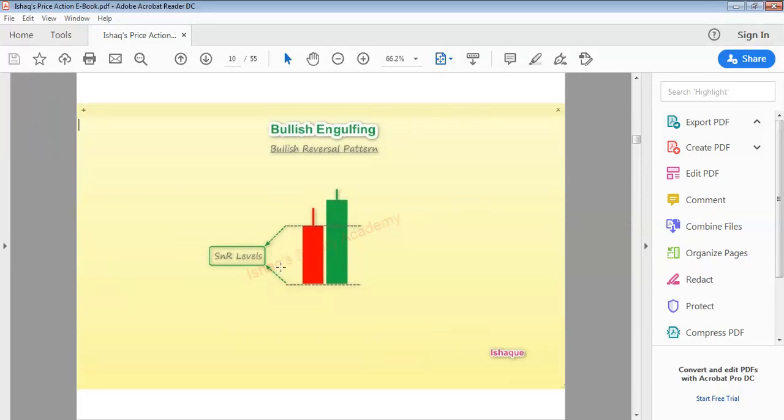In the two bar patterns, this is a bullish thing, there is a bearish thing, and sometimes you find a piercing line, sometimes a dark cloud cover, and in three bar patterns, sometimes morning star, evening star. All the three bar and two bar patterns are reversal patterns. After that reversal pattern, don't trade immediately. Wait for the retracement candle. The retracement candle will come down and touch this key level. After touching this key level, the price will go up. It's a concept.